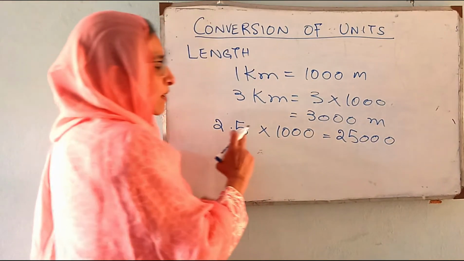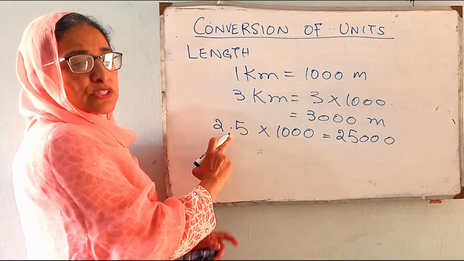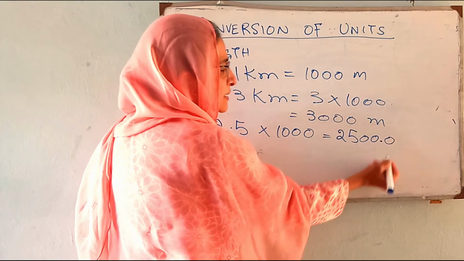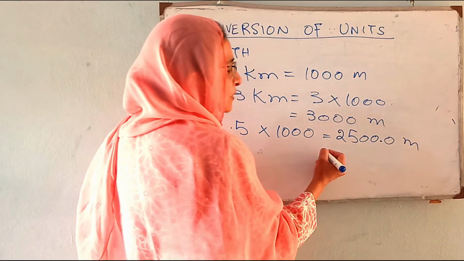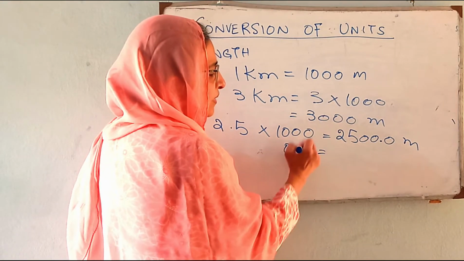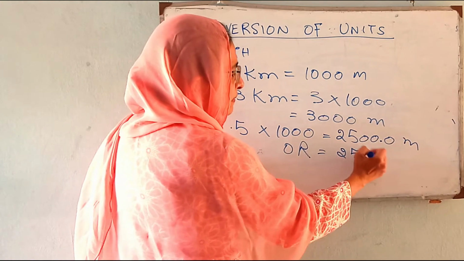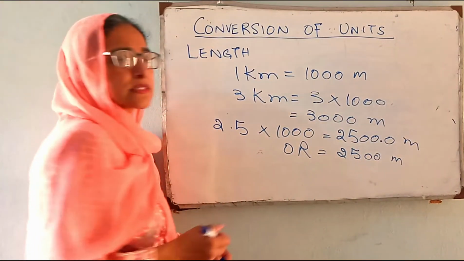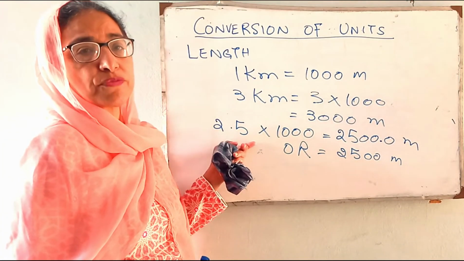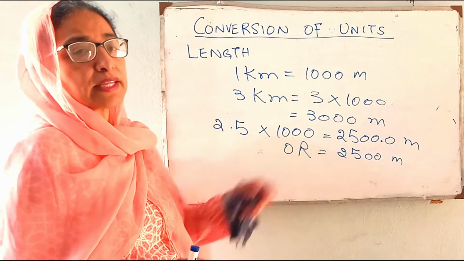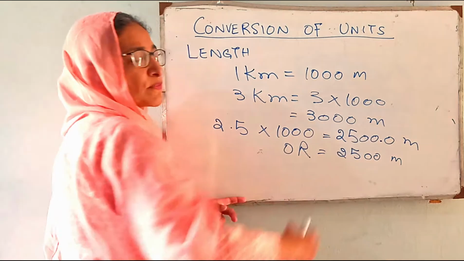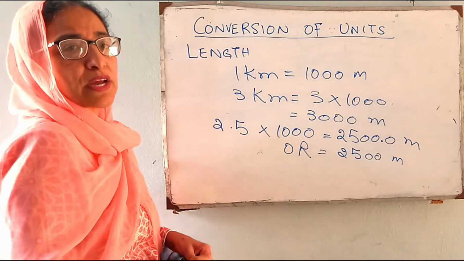And now, since we have a decimal in the question after one number, from my right hand side I will put a decimal, and this will be equal to this. This is also right, and we can write it like this. Both the answers are right. But where the question has a decimal, you have to be careful to put the decimal in the answer. If the decimal is after one number, you have to place the decimal in the answer from your right hand side, after one number.